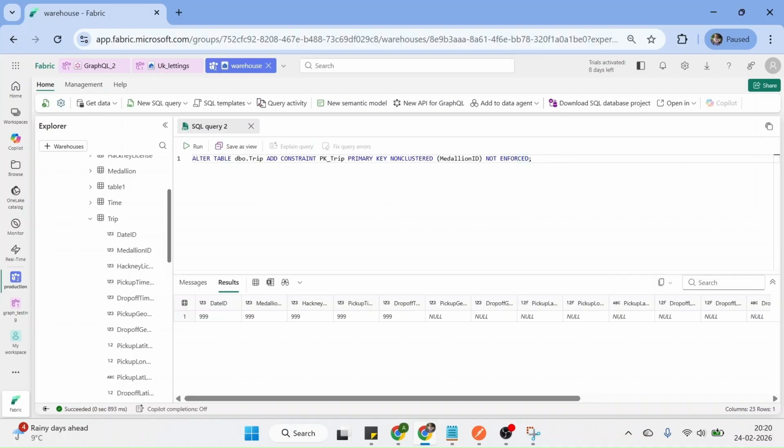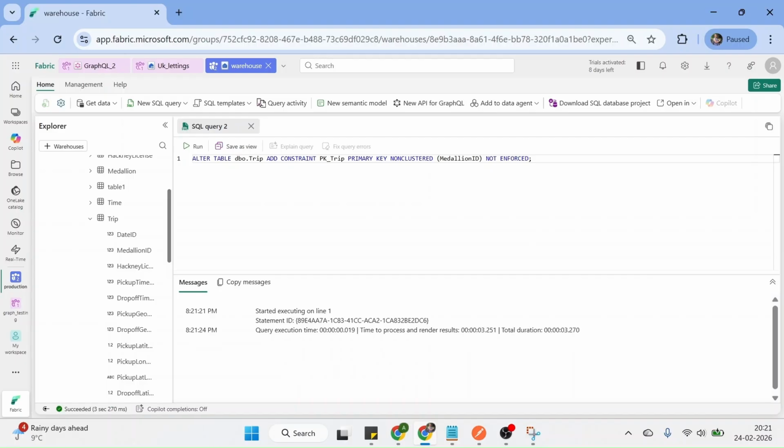Because it's a distributed system, and in a distributed system you cannot enforce the primary key due to performance reasons. So let's just run this query, and it will add a primary key constraint for medallion ID in the dbo.trip table. Click on run,